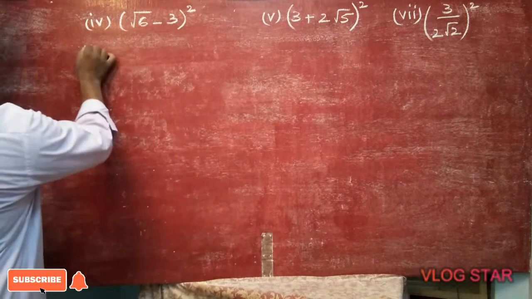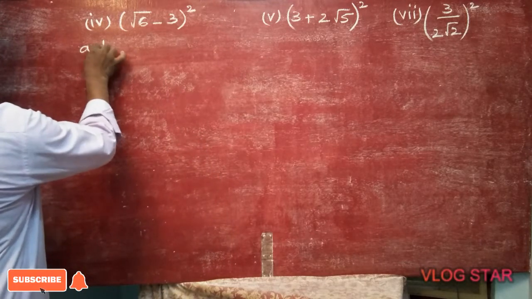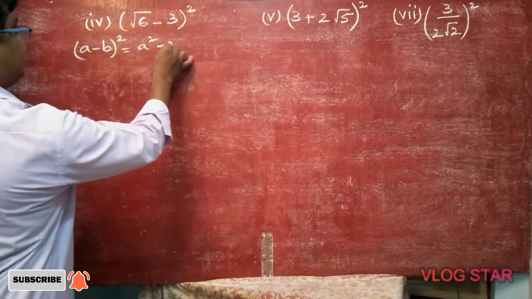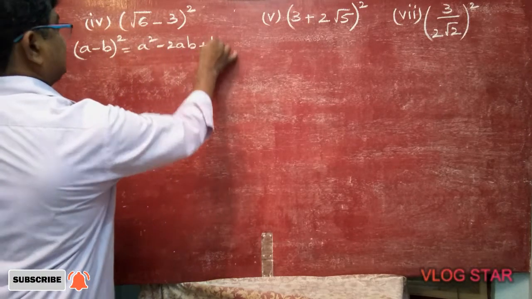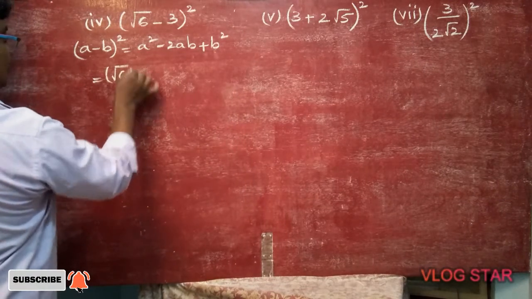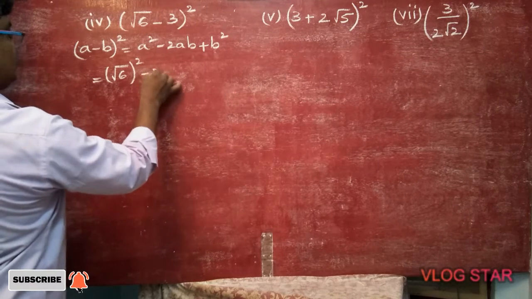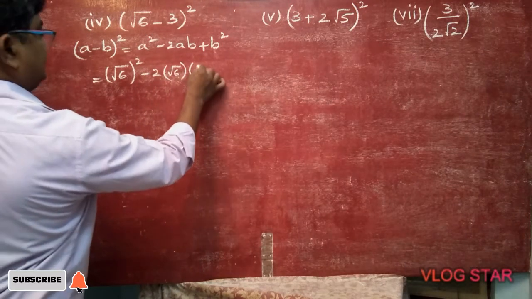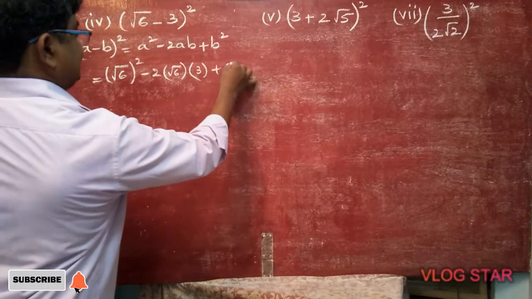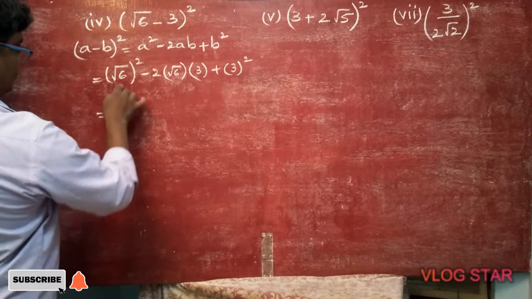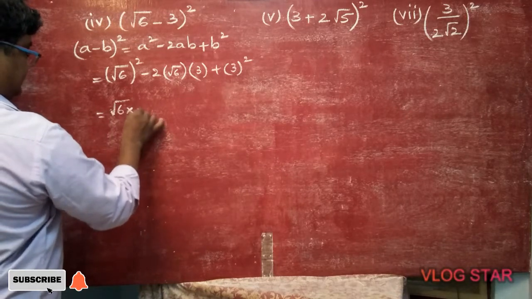So, now it is in the form of A minus B whole square is equal to A square minus 2AB plus B square. So, that is equal to root 6 whole square minus 2 into root 6 into 3 plus 3 whole square. That is equal to root 6 into root 6